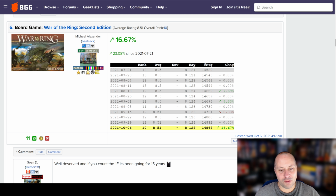So this has been trading places with all the other games in this range, like Spirit Island, and I think Great Western Trail is in the same range. And it jumped up 2 spots. So all these games are very tightly knit in this 10 to 13 range. But it moved back up to number 10,